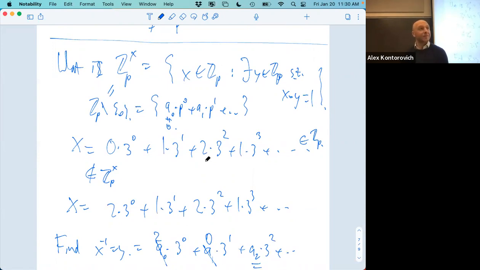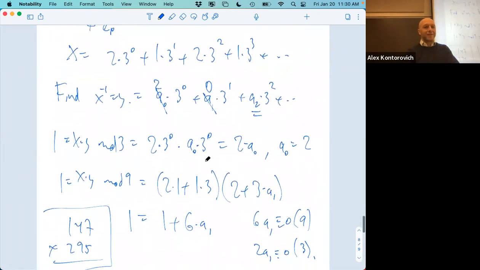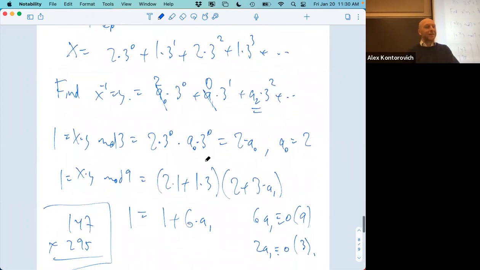Yes, please. So when we do base 10 expansions, not every number has a simple base 10 expansion. You need a plus minus. That's right. But in Q_p, we don't have that plus minus. We don't need a plus minus. Yes. What is -1 in Q3? That's a good question. What is -1 in Q3?